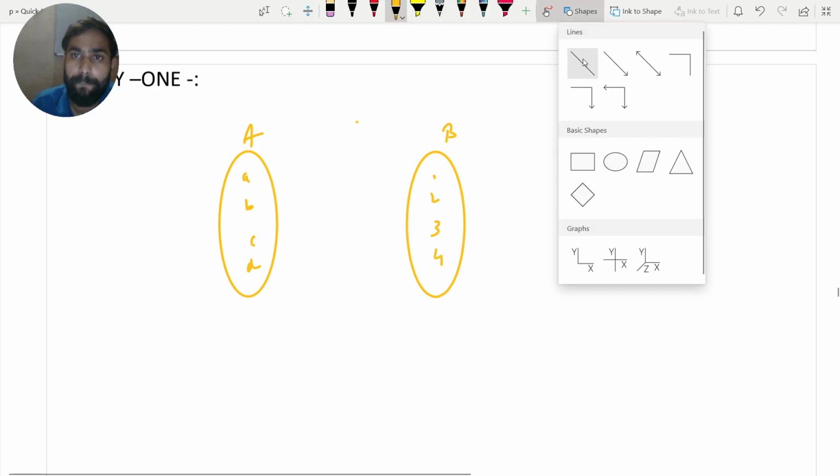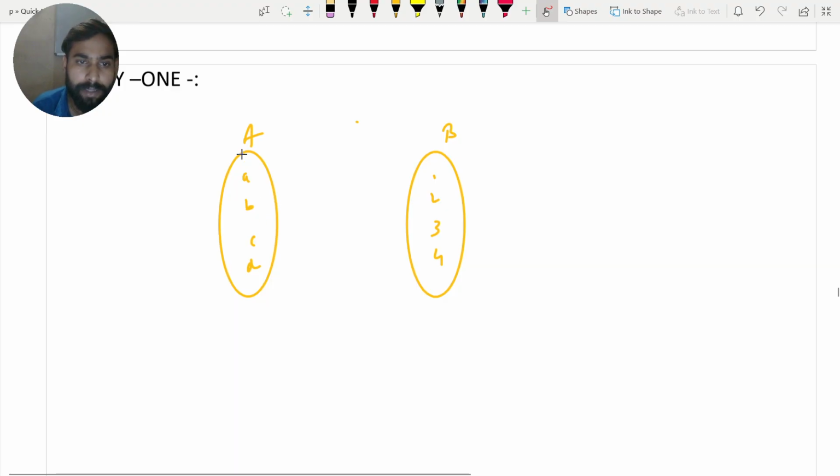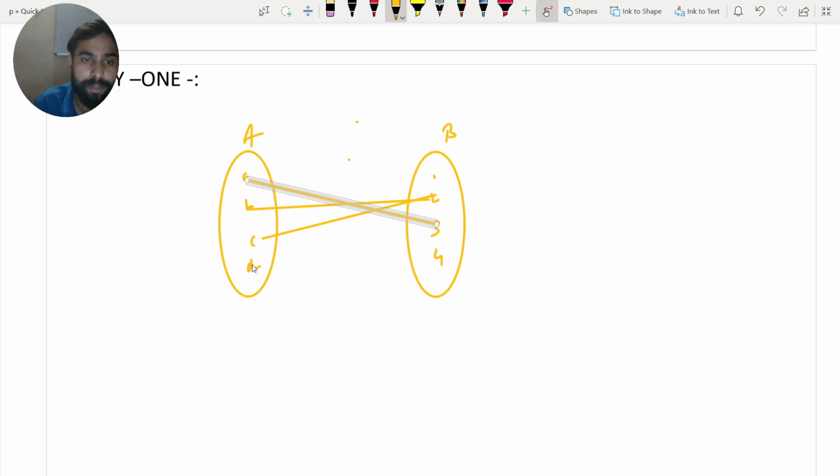Okay, like in many-one function, B has image on 2, C also has image on 2, A has image on 3, and D has image on 3.